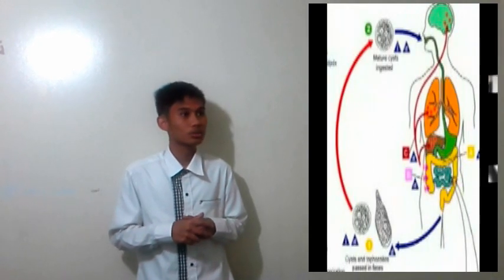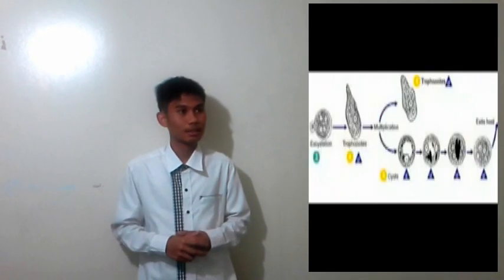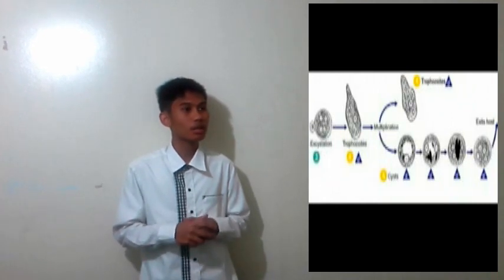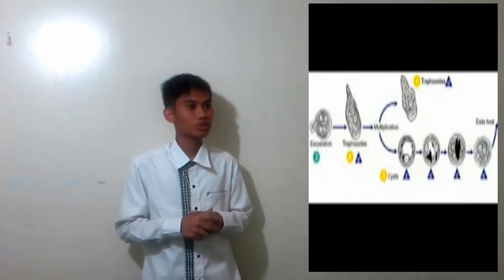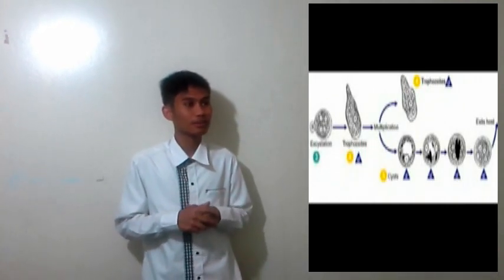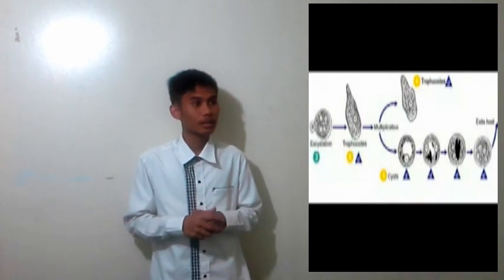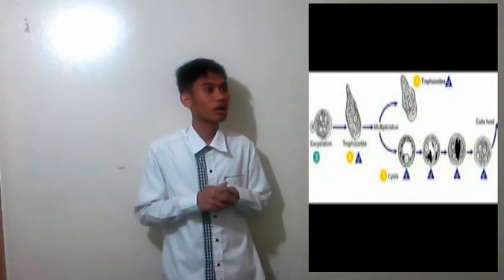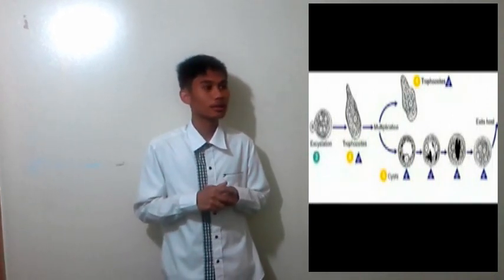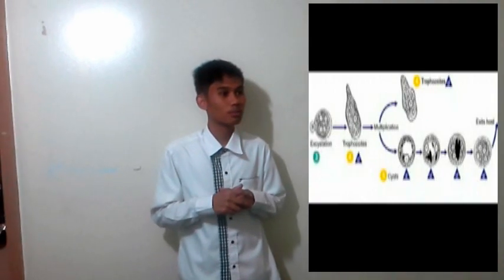The life cycle goes like this. As cysts are ingested, trophozoites emerge in the small intestine, multiply, and invade the colon. Some trophozoites persist in the colon and pass in the feces to continue the cycle. In a small percentage of infections, the trophozoite also invades other organs, such as the liver and brain, and causes